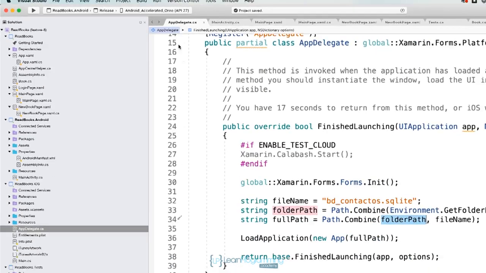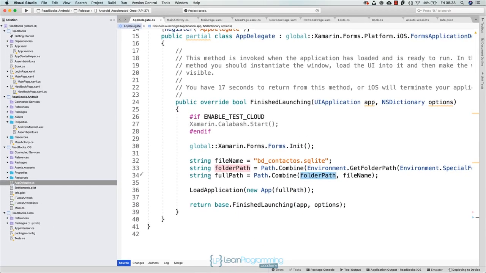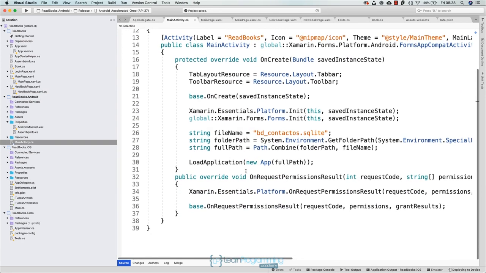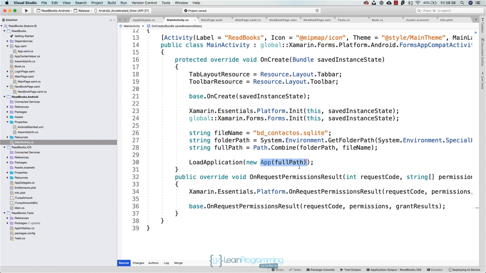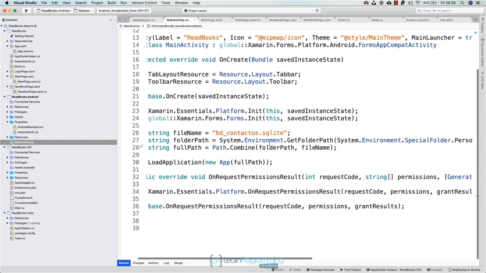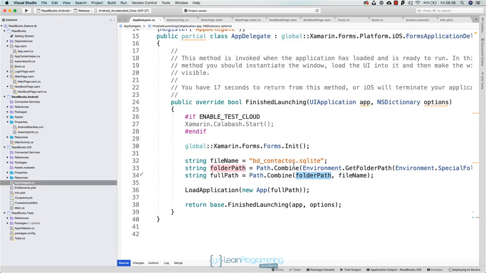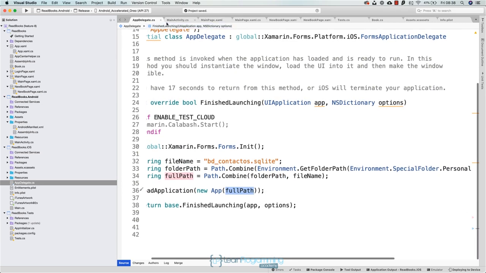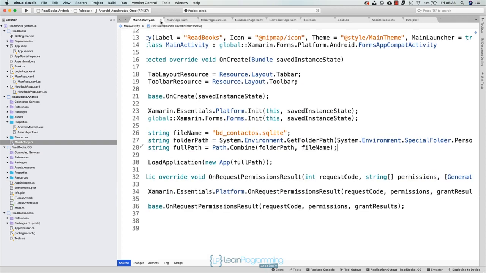And what I did also was in the app delegate and in the main activity, these are the files for iOS and Android where that app method is going to be called, the constructor, I simply created a path where the database is going to be located. And it is slightly different for Android and iOS. So I have this path and I pass it over to the app, the .NET Standard library, so it can